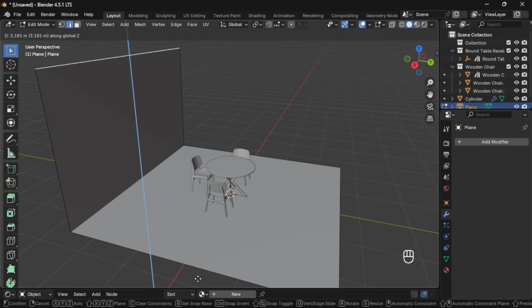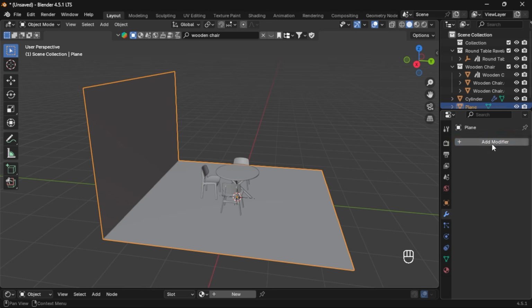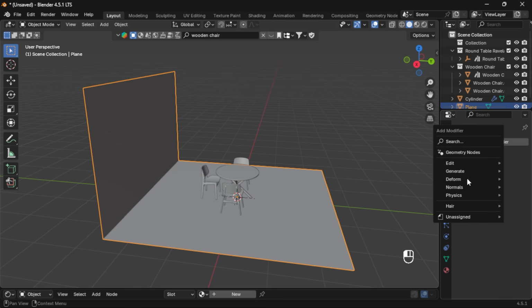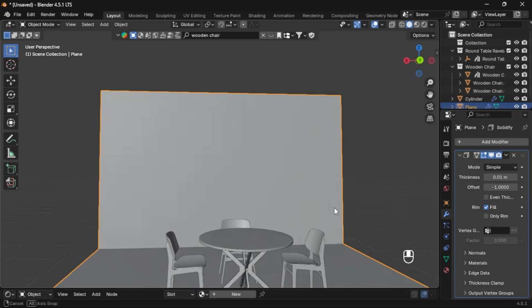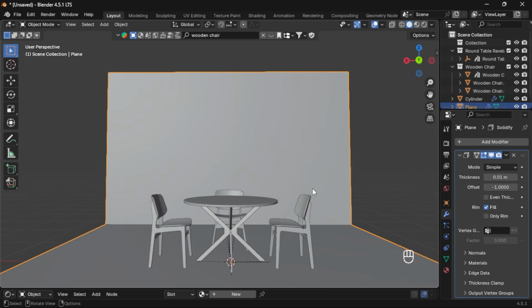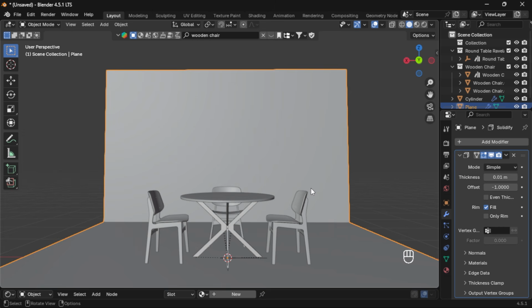And let's make a wall right here. There you go. And now let's add a solidify modifier just so this has a little bit of thickness. Now I think I want to position the camera right now, so I'm just going to put this right here,